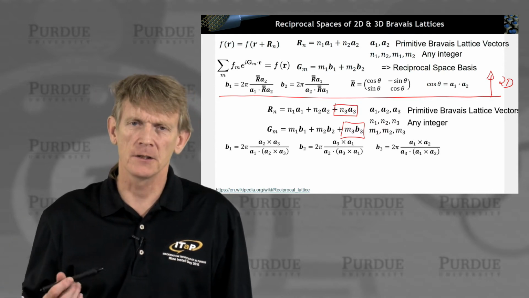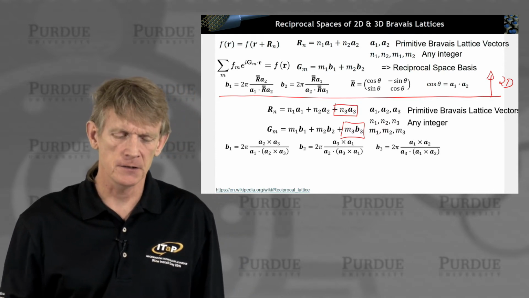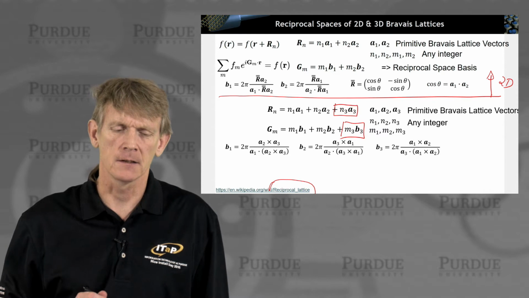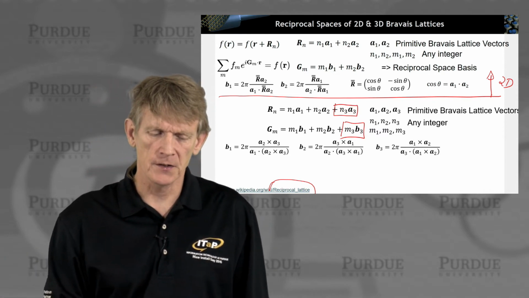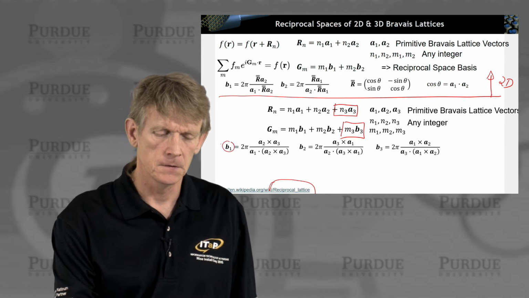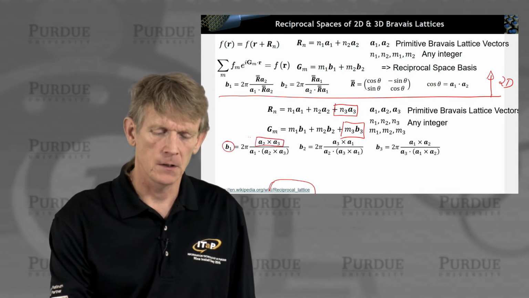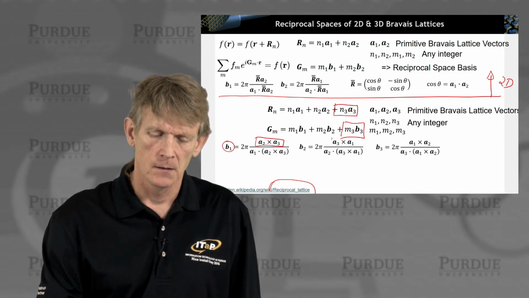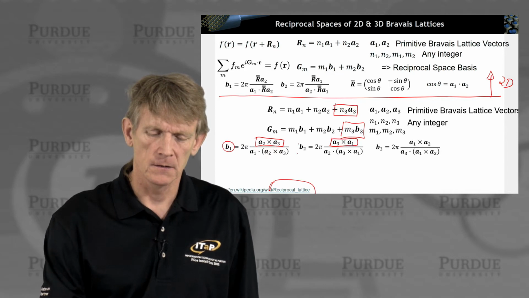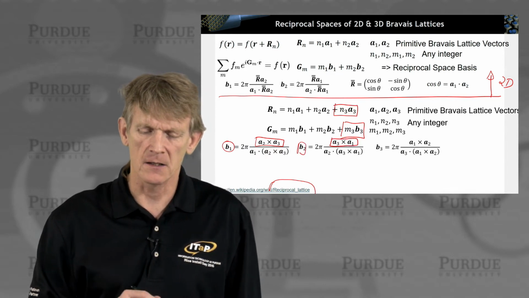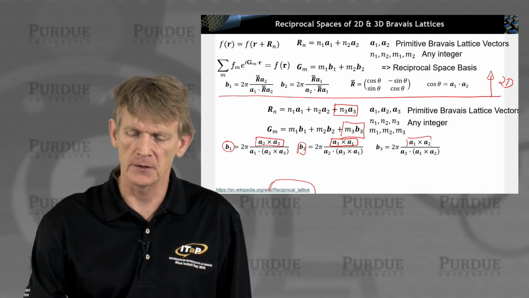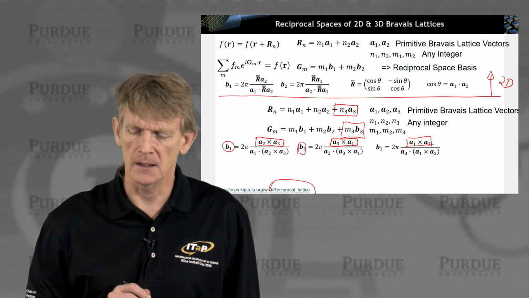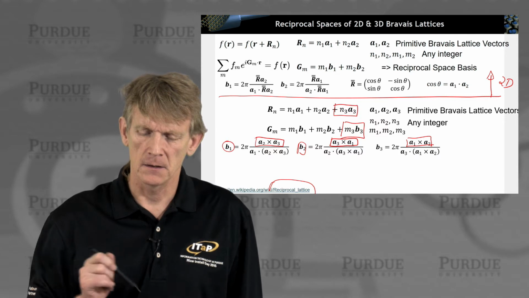So I'm not going to derive these expressions. You can find derivations. It's probably interesting to read the Wikipedia article or to look at your textbook. But what you see is that B1 is orthogonal, a rotation out of A2 and A3. B2 is orthogonal, or a rotation out of A3 and A1. And here you have a cyclical permutation, so B3 is then also a rotation out of A1 and A2,